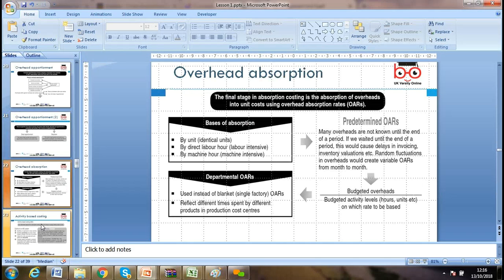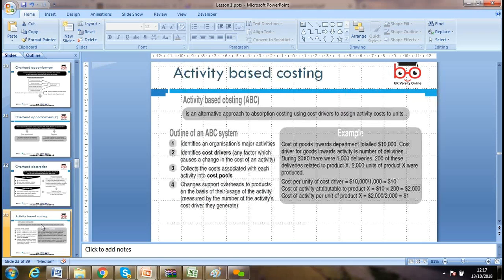For overhead absorption, we can draw up the activities and find a budgeted overhead rate. Sometimes our budget can be under- or overestimated. The overhead absorption rate is based on three things: machine hours, labor hours, and